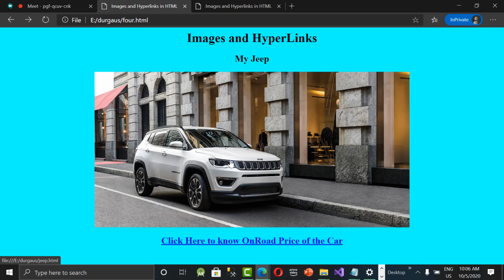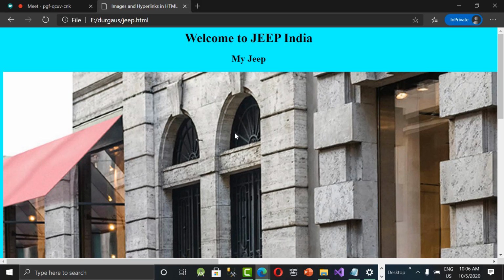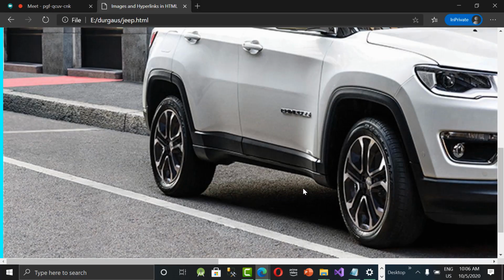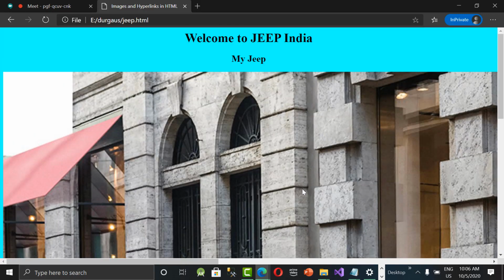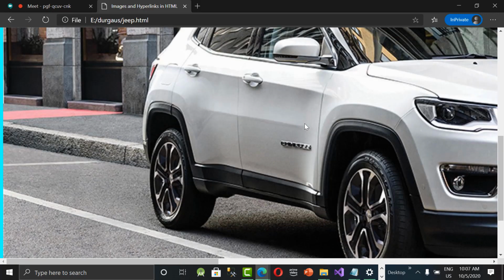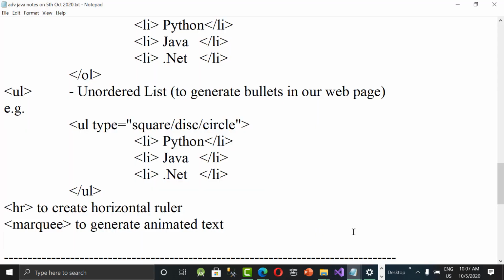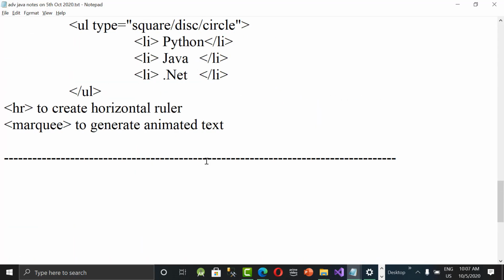But if you click on this image, it will take you to the full image. Let's click on this image and see what is happening. See, we came to which file? Jeep.html, our own hyperlink, our own HTML page. Got it? So the anchor tag is used to create hyperlinks to the current website, other web pages, as well as to outside URLs. In the sense, you can also navigate to another website if you want to. So the img tag is to display images on your web page.